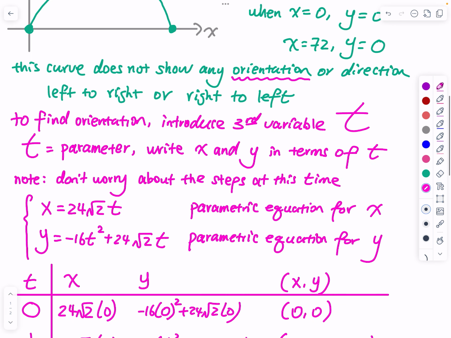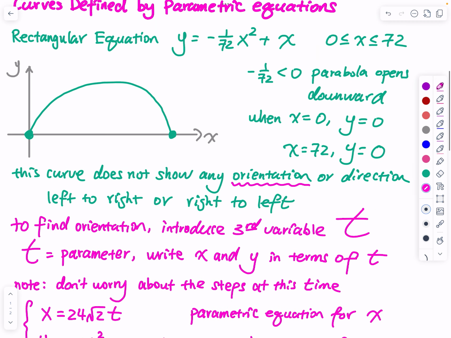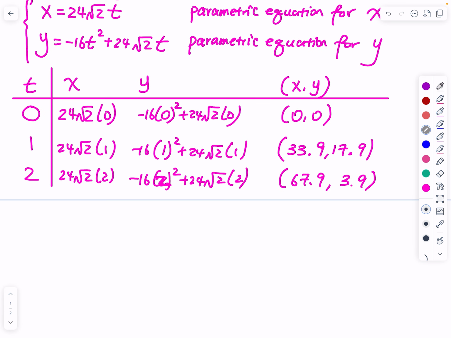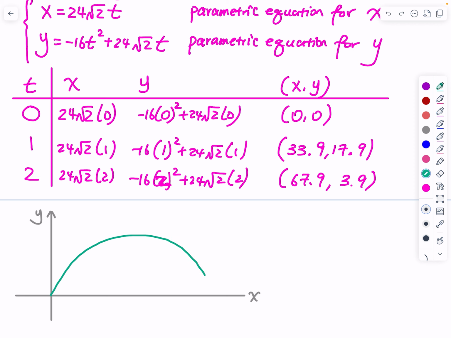So my graph was looking like this. It's like a semicircle or an upside down parabola. And then when you draw this graph, I will do the y-axis and then the x-axis. So this is x, and this is y, and then I have 0, 0. And then, oh, you know what? I would just copy and paste the same graph first, because the parametric and the rectangular are the same